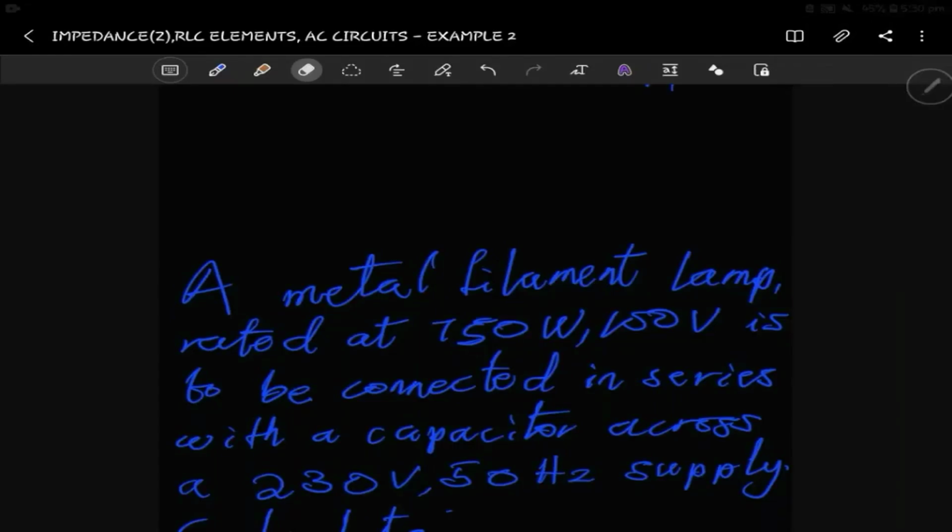So here we have another example. We are going to go through the example to understand the information in it before you even solve it, right? So you see that we have a metal element